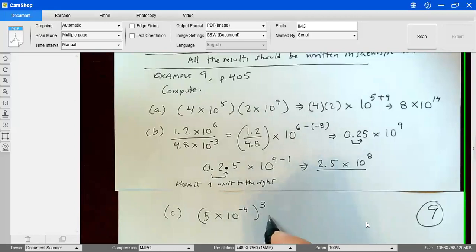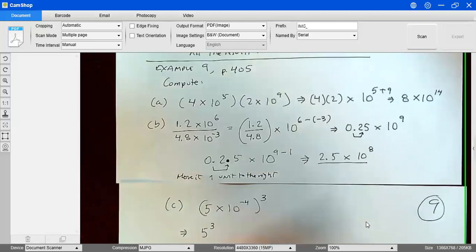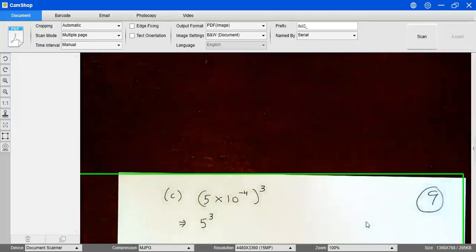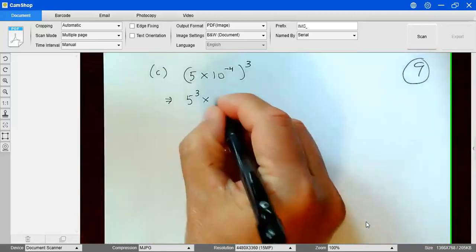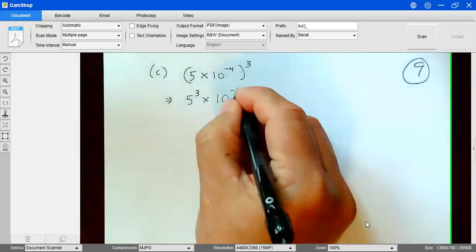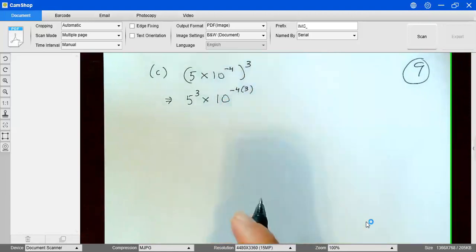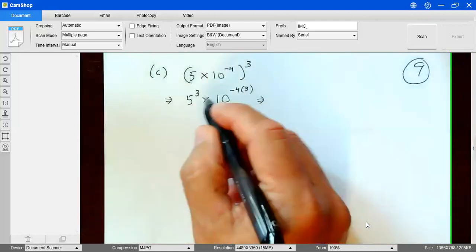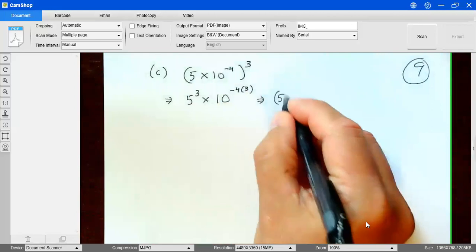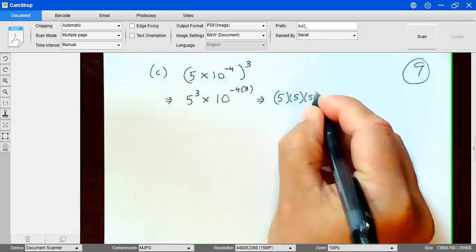So the steps are, you're going to first distribute the exponents. So you're going to have the mantissa to the 3rd power. And you're going to work now the power of 10. So you have negative 4 that multiplies 3, because now this is a power of a power. So in this case, we're going to get 5 to the 3rd power, which is just 5 times 5 times 5,